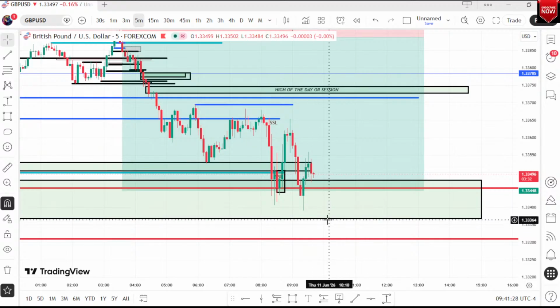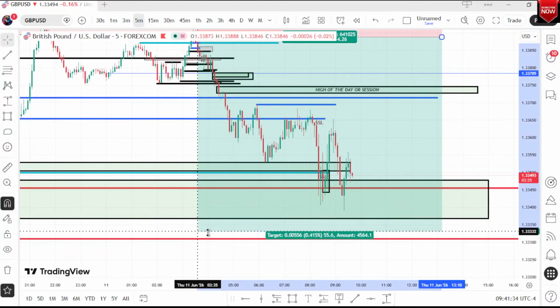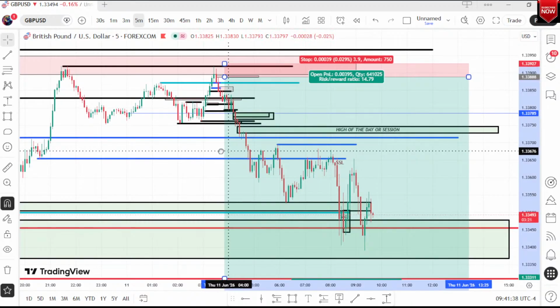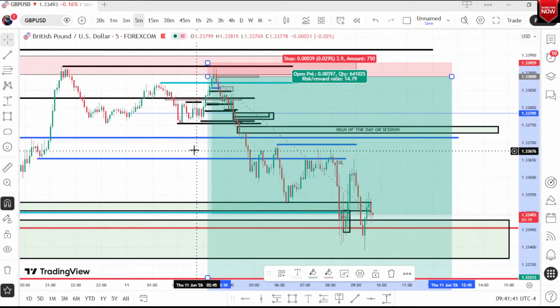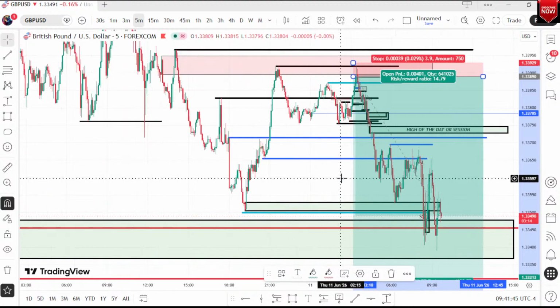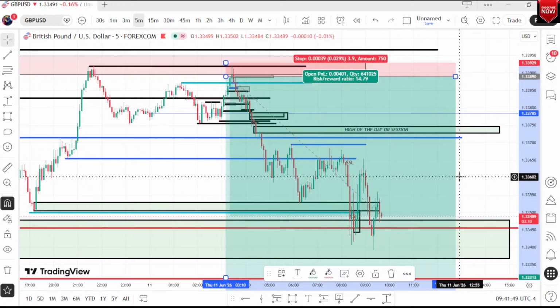These levels, you see, price already touched it. That level. So in the CPI, according to how I trade, I usually don't care about the